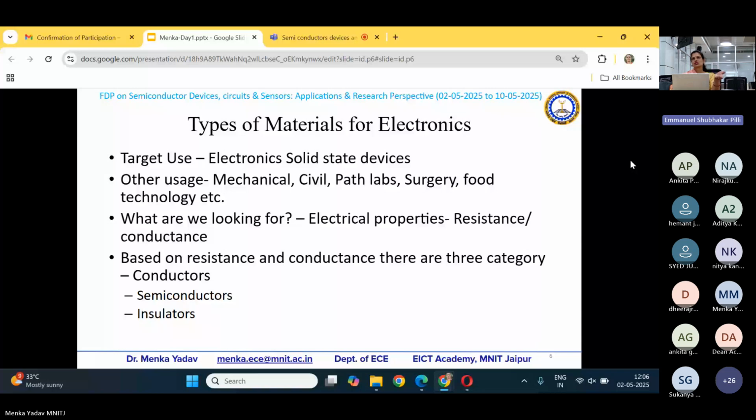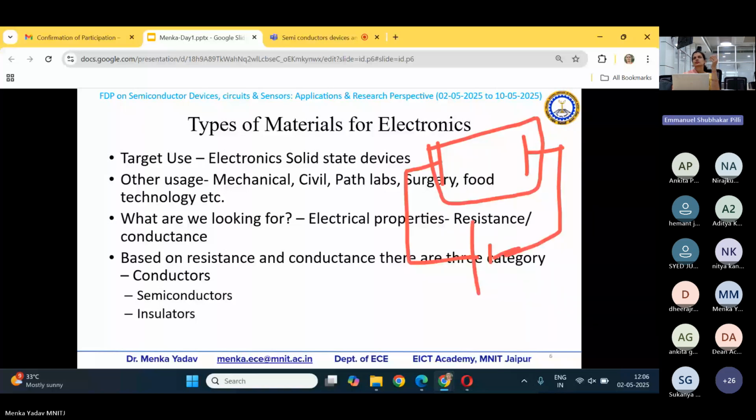What was the previous to this? Before this, we used to have vacuum tubes. If you remember, vacuum tubes were not solid state devices. There was one cathode and one anode. A very high electric field was applied, and this space was vacuum. This very high electric field was actually having the electrons which were starting from here, from source to target.